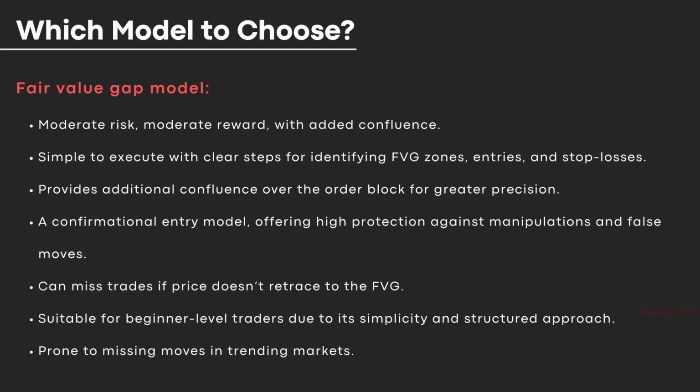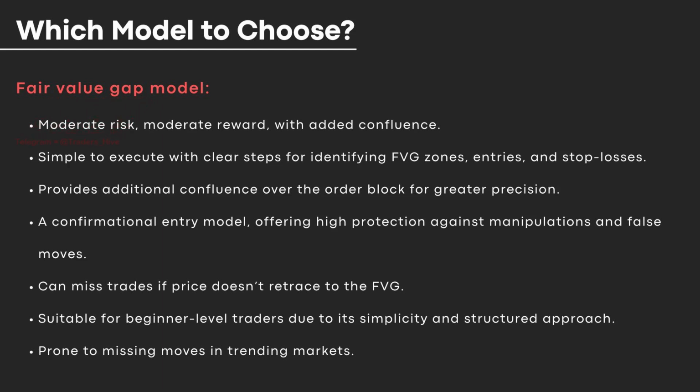Now let's move on and let's discuss the last entry model, which is the fair value gap model. Right here you can see the different points of the FVG or the fair value gap model. First of all, it also offers a moderate risk and a moderate reward. It provides an additional confluence over the order block model, which provides you a greater precision. Also, with this model, you can miss trades too. If price doesn't retrace back to the FVG that you've marked out, which means you're going to miss out on